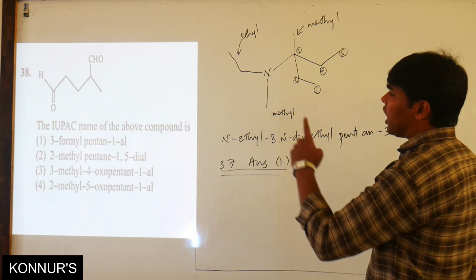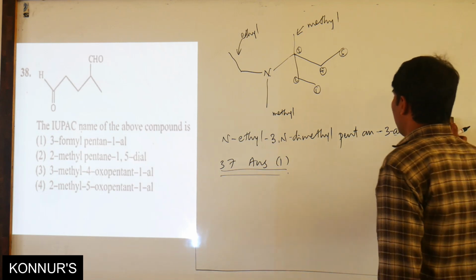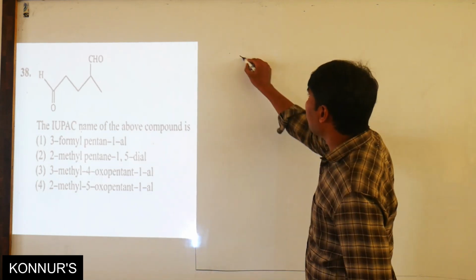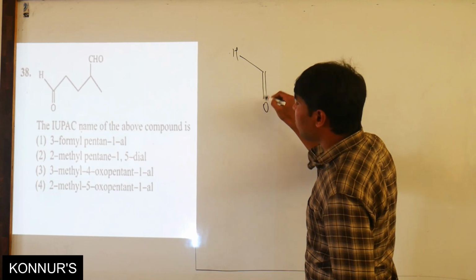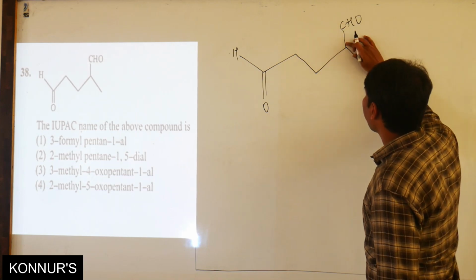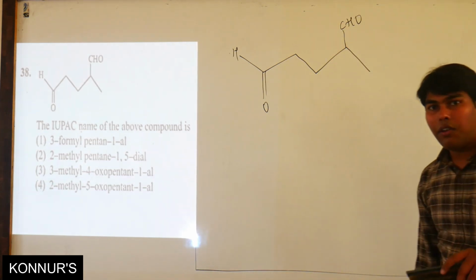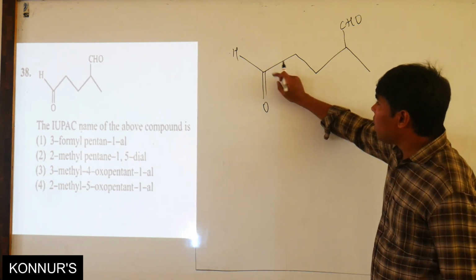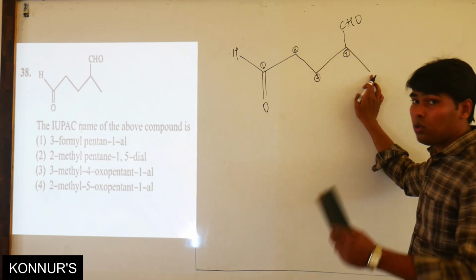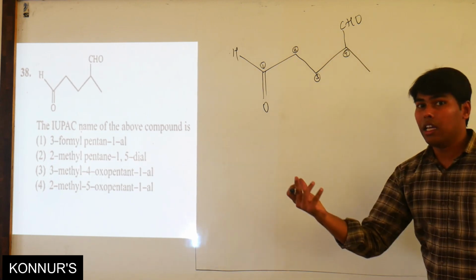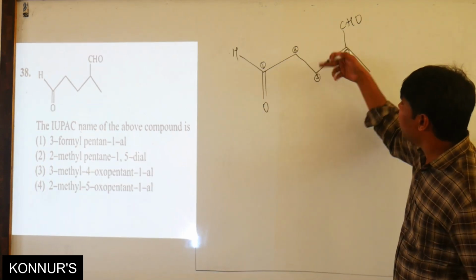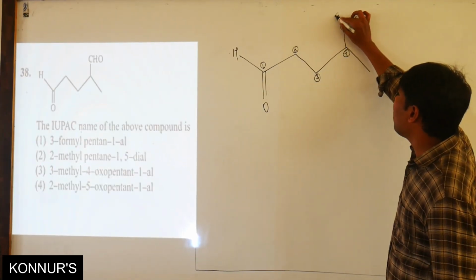The question is like this: the IUPAC name of the above compound is. Let us take a look at the parent chain first. Here the compound is like this, the hydrogen and C double bond O is there, carbon 2, 3 and 4. Here is also CHO. So choose the parent chain in such a way that the functional group will get the lowest locant. Here also one functional group, 1, 2, 3, 4. If I choose like this, the functional group will lie as a side substituent. It should not happen like that, because two same functional groups can be in the same parent chain.